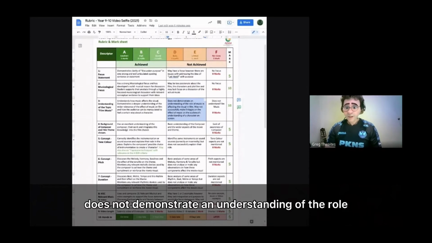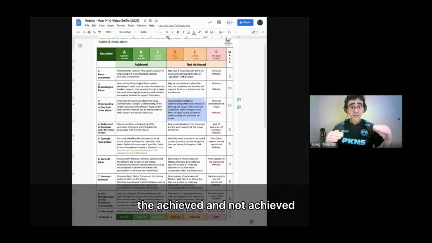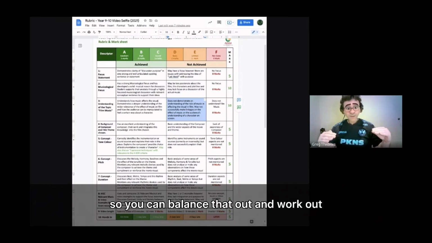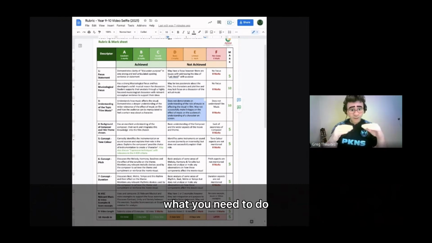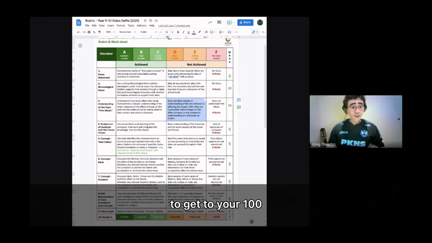Does not demonstrate an understanding of the role of music in affecting the visual in a film. May not successfully make linkages in the effect of music on the audience's understanding of that character on the screen. Always read the achieved and not achieved so you can balance that out and work out what you need to do for your checklist, because this is like a checklist to get to your 100.